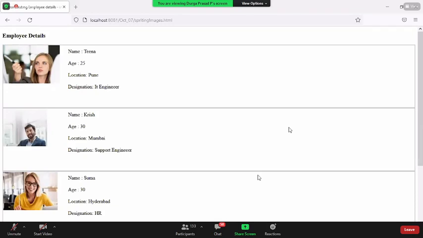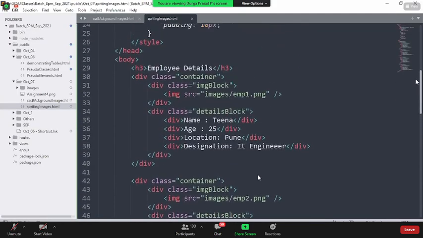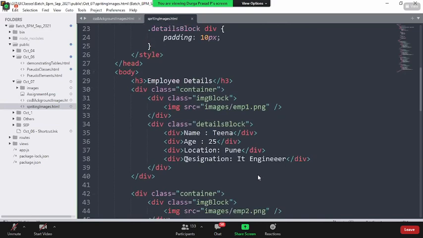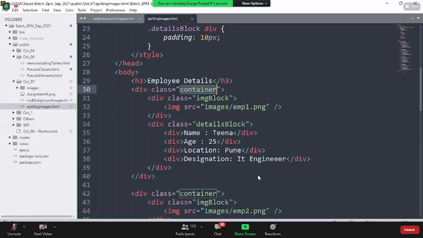Sir, you took div as employee details, right? In that you did nesting of div, right? Container you have taken as a class. In that you have taken nesting of div, right? Container, what I have taken is, this is my main div, div class container, right? One individual box for individual employee. These class names are not predefined, they are user defined. We can define whatever name you want.